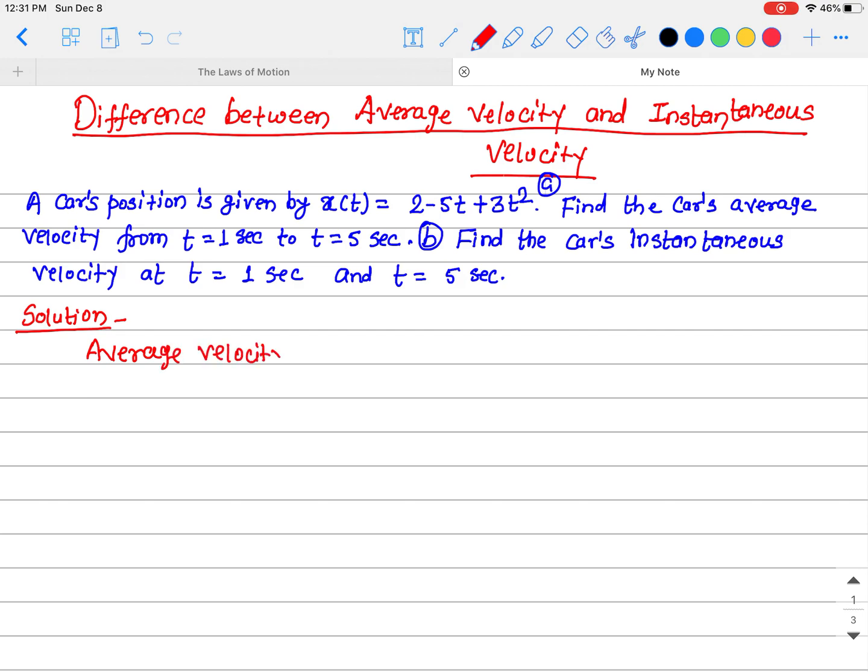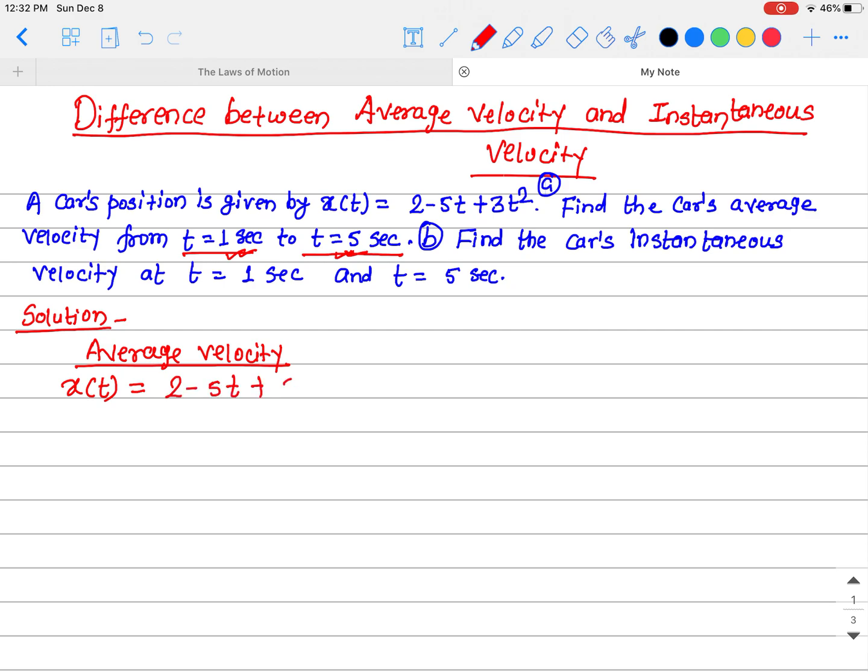In order to calculate the average velocity, you need to know the initial position and the final position. Here it is asking you to calculate the average velocity between the time 1 second and the time 5 seconds. So you need to know the position of the object at these times. What is the position at time t equals 1 second, and what is the position at time t equals 5 seconds? The position as a function of time is given, which is